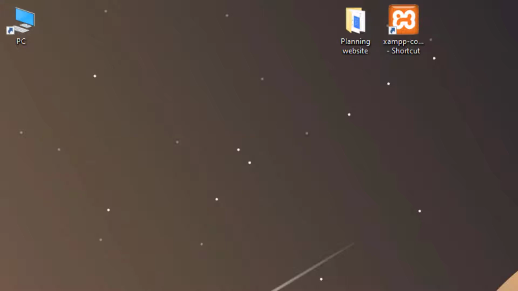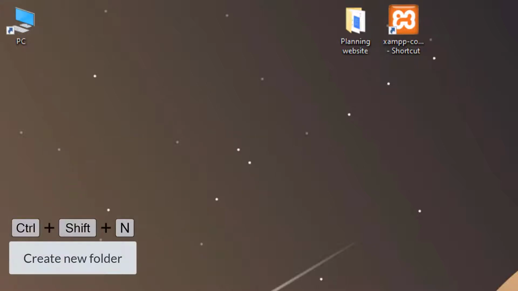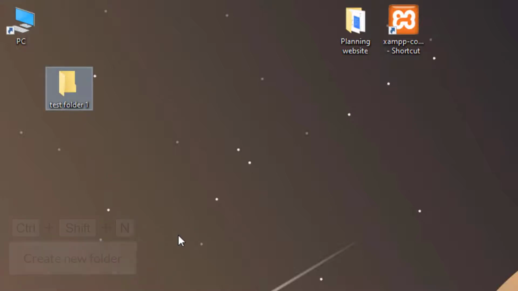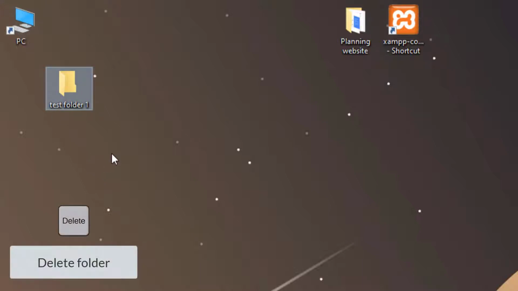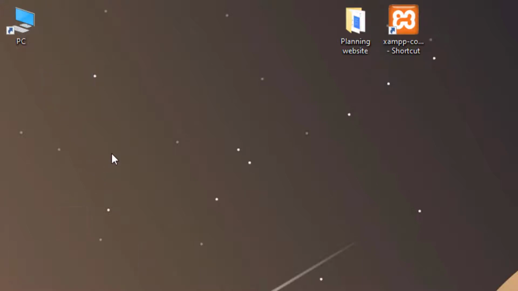So let's start. Press Ctrl+Shift+N to create a new folder. You can immediately type the name, like test folder 1. If you don't want that folder, select it and delete it with the Delete key, or undo the whole process